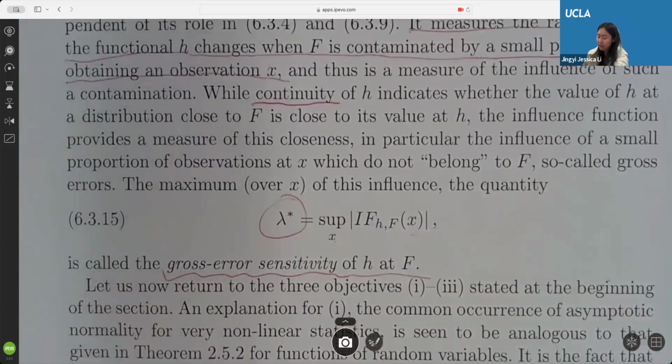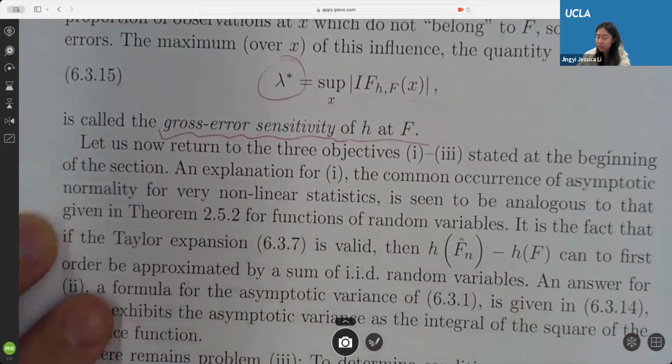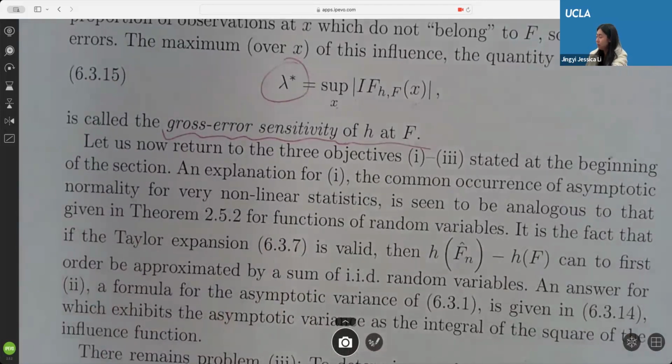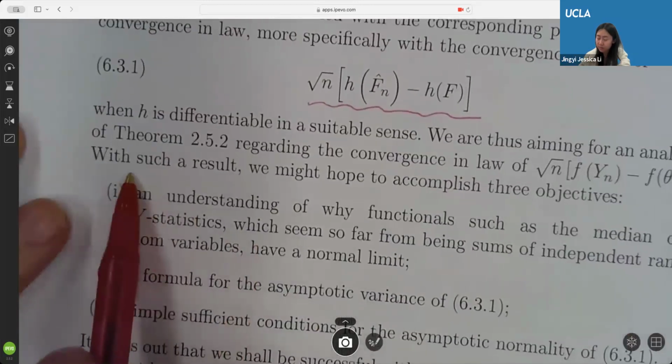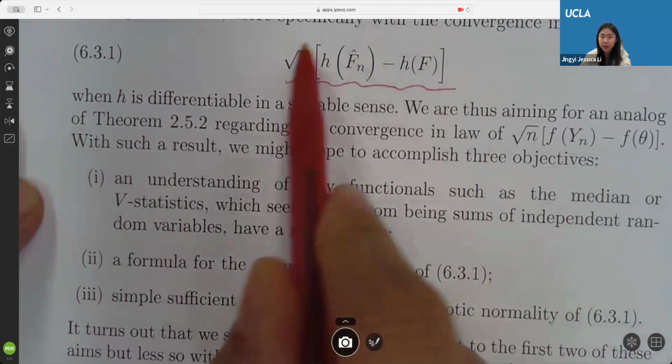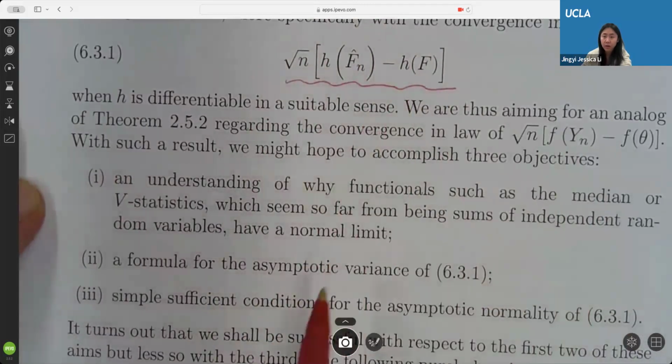So essentially, our goal is to answer this question: under what conditions can we say something about this error? There are three things. We hope to accomplish three objectives regarding this inflated zero root and inflated error. First,